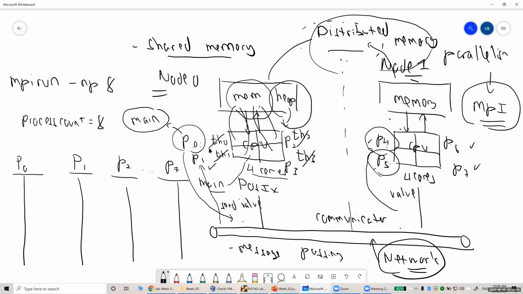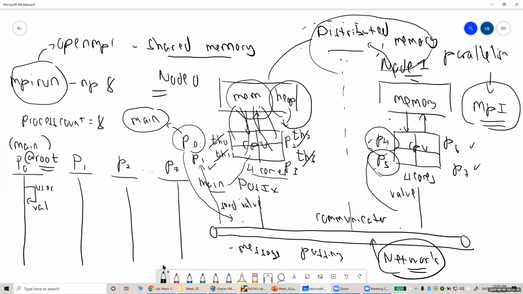Okay, mpirun is an Open MPI application. So mpirun will run your compiled program across all processes within the communicator. All right. So here, I want to make my processor 0 as my main function. In this case, it also acts as the root. Normally, we use the word root. Okay. So processor P0 will prompt the user for the value, and then it will send the value to all